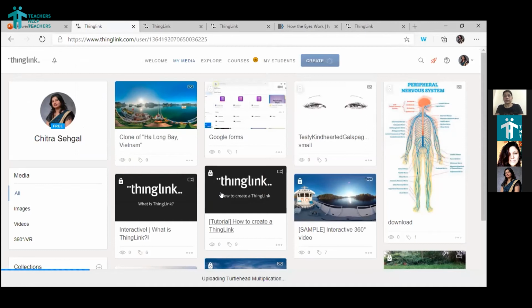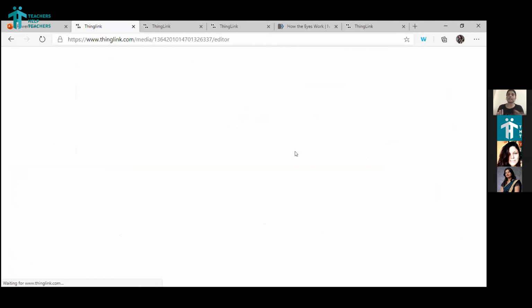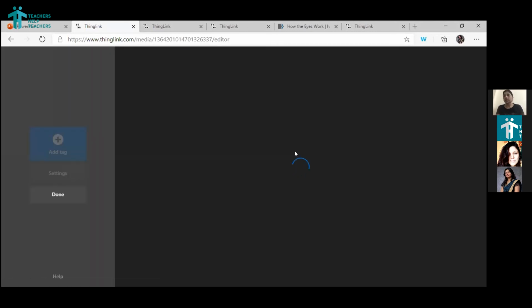It will take a little time when it uploads a video, so you'll have to be a little patient when you're working with videos. That goes for 360 too. 360 videos are even heavier. So normally, if you want to make it 360, take images in place of taking the video. That makes it simpler.